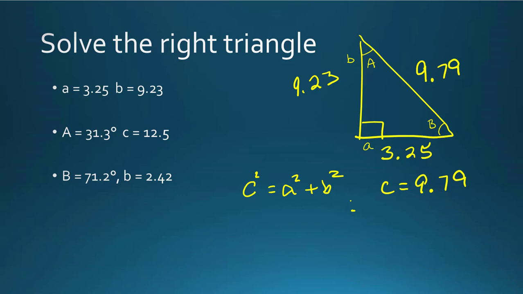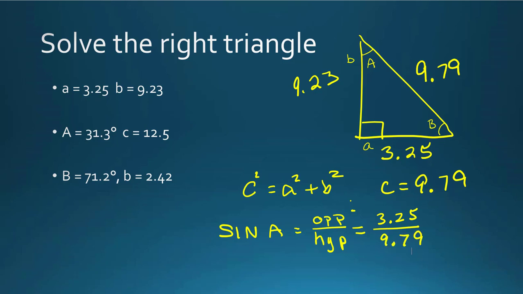So we have all the sides. We can use any of the trig functions we want. I'm assuming we're going to go straight for sine because that's the one we can use without thinking too hard. So sine of, let's just say A, is going to be given by the opposite over the adjacent. No, that's not what it is. It's opposite over hypotenuse. So the opposite is 3.25, and the hypotenuse from A is